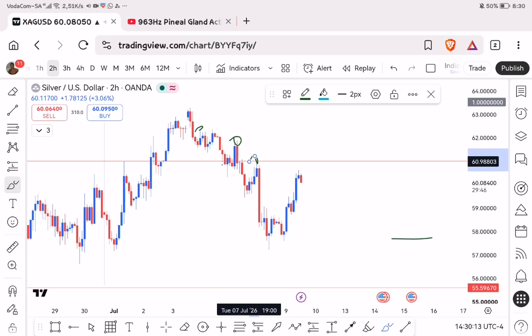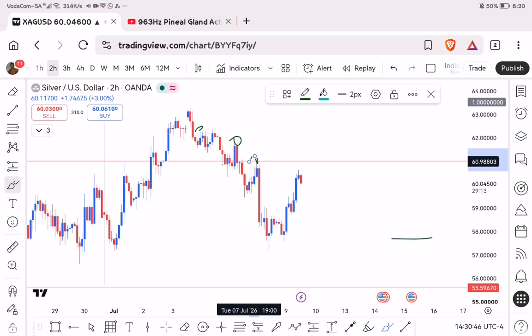The only thing about this model is that you're gonna have to wait. It takes time for the setup to play out, since we are looking at daily levels and weekly levels. So if you don't have a daily level, you're just gonna have to wait for a minimum of 3 weeks for a model to form. Minimum of 3 weeks. If you're not patient, you will mess it up,